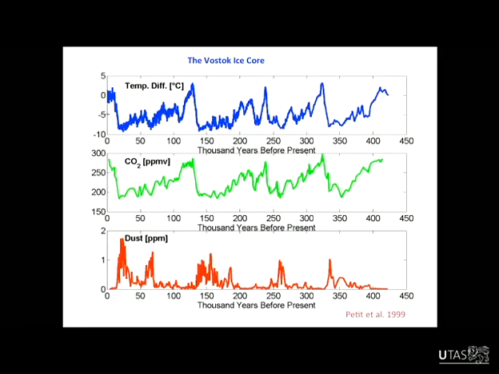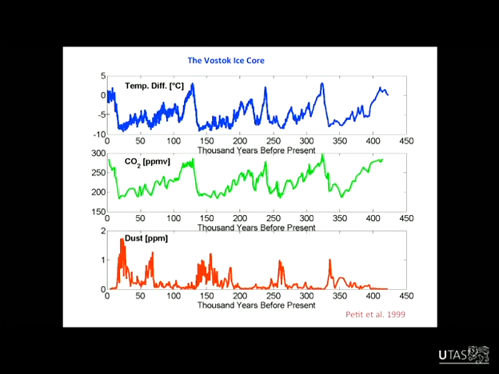So John Martin also, beyond just trying to explain what was causing the current day regions of HNLC ocean globally, looked at the paleo record, and he noted a relationship between dust and Earth's climate. This is data from the Vostok ice core. Here, 0 is the present day, going back 400,000 years, and there are now ice cores that go back more than twice as long as this.